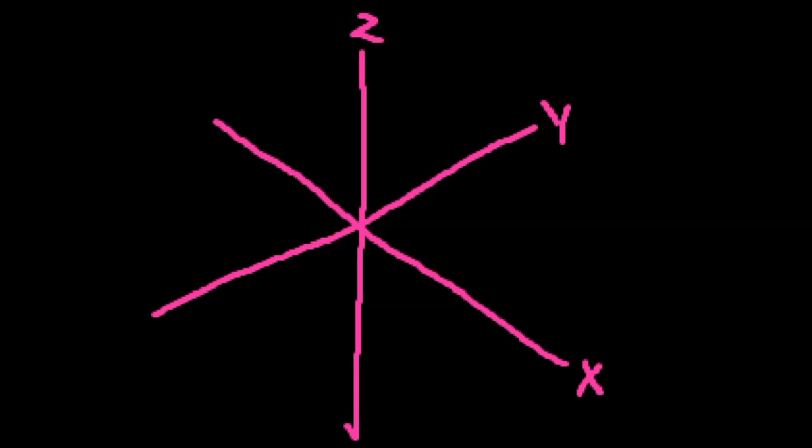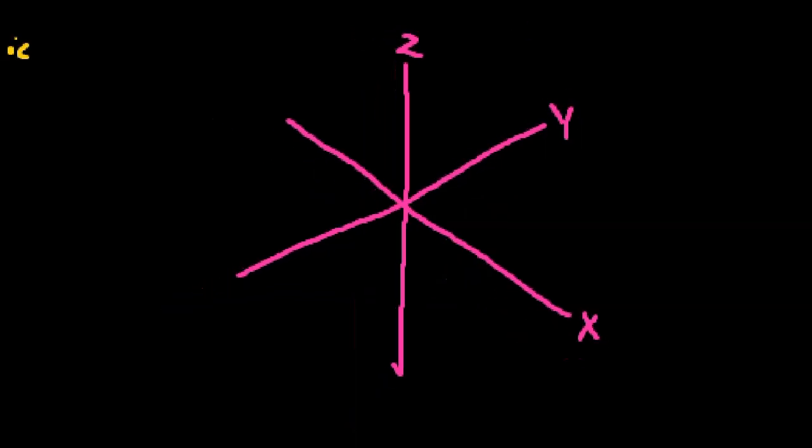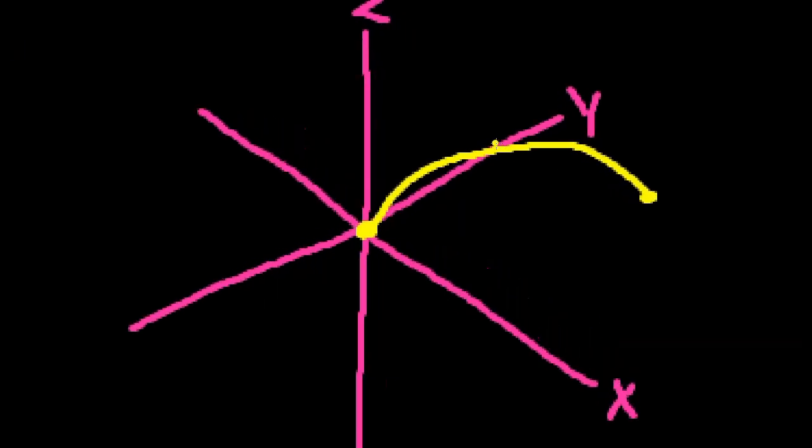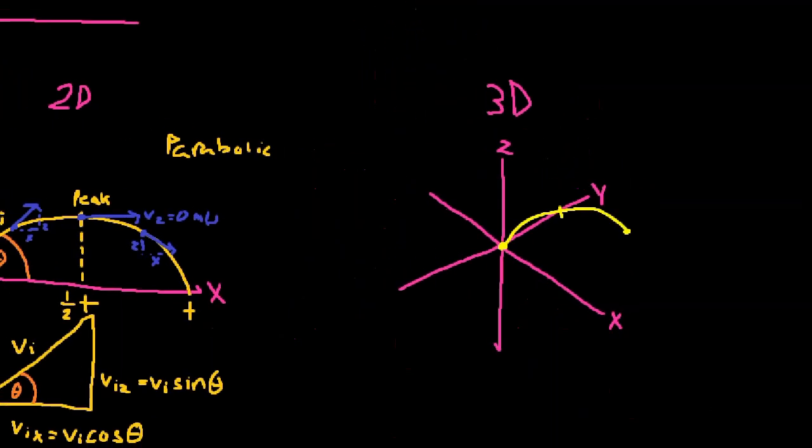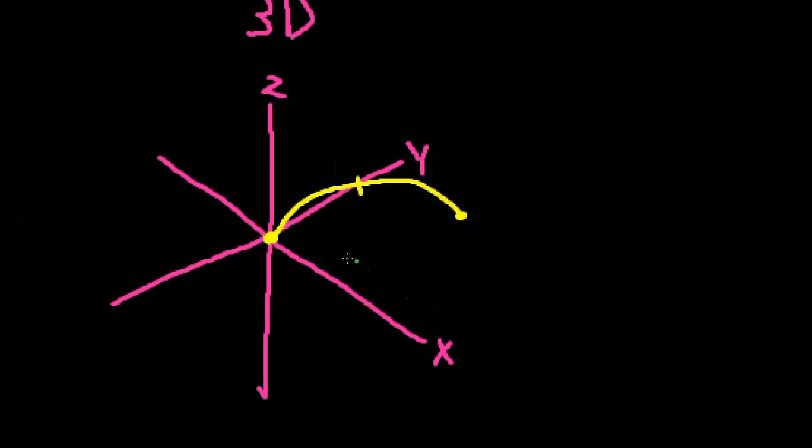The trajectory of a projectile in 3D space will still be parabolic, but it will originate at the origin and end up at some place on the XY plane. As before, the peak of the curve will once again be at 1/2 t. You can find the ultimate displacement from the origin to the final point of the projectile on the XY plane